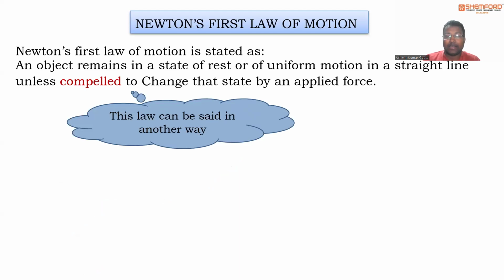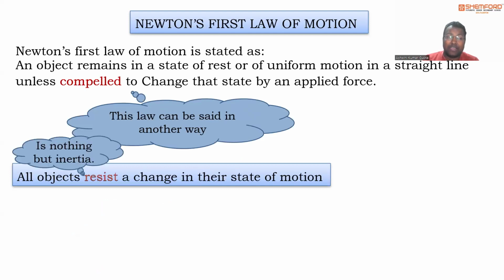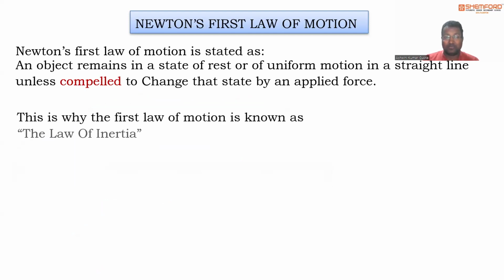This law can be said in another way. That is, all objects resist a change in their state of motion. That is why it is called the law of inertia. Yes, it is possible to have a uniform motion, right? Okay, so